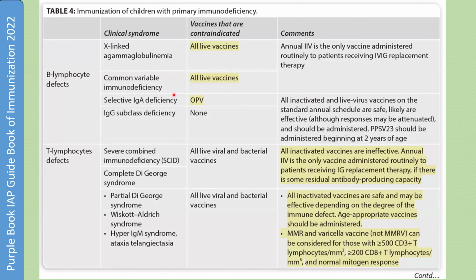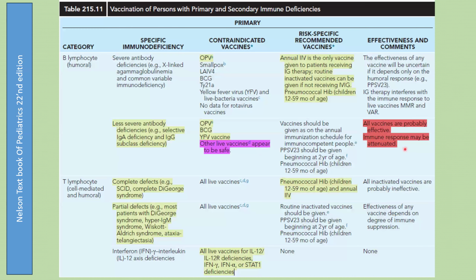And therefore, here they have written B lymphocyte, the same. Therefore, you can't give any other vaccine. But I don't understand, because you have to give pneumococcal. If it's effective, it's effective. Okay, now